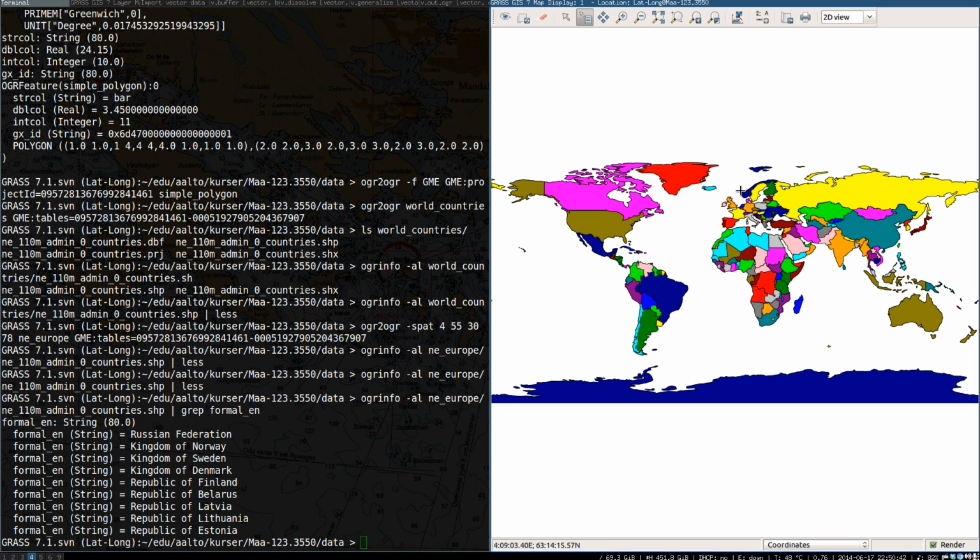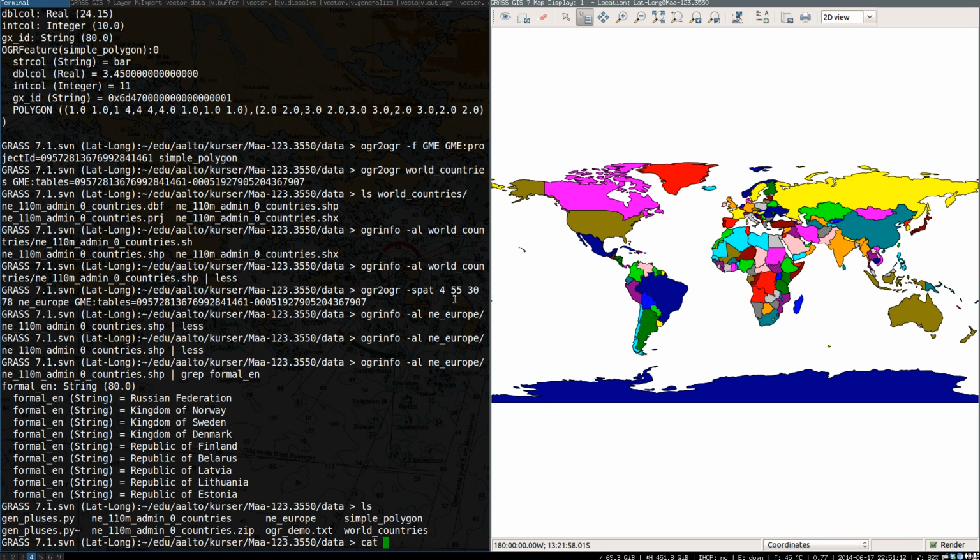So we got all the Scandinavian countries and all the Baltic states, and also Belarus, since the corner of that bounding box touched it a little bit, and that's the way it sort of works. I specified a bounding box and requested all the countries that touch or intersect with that bounding box. Okay,